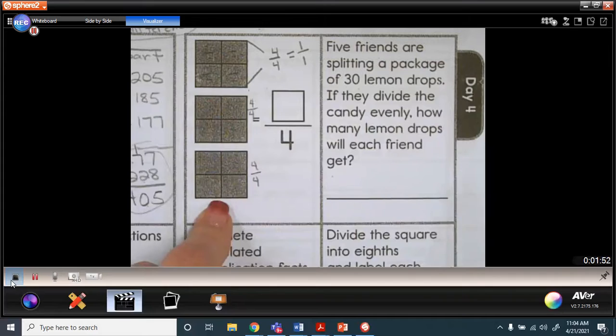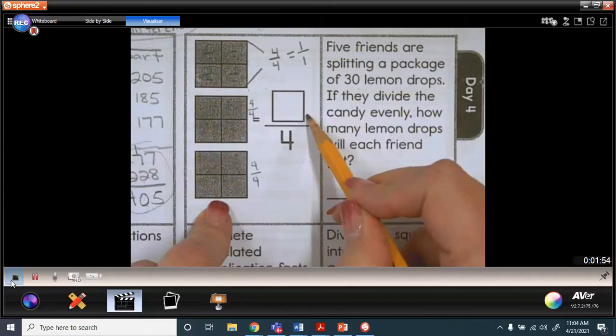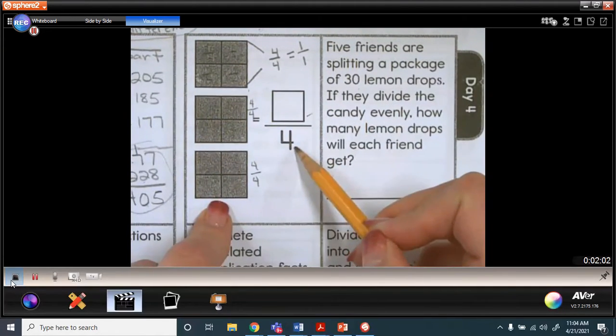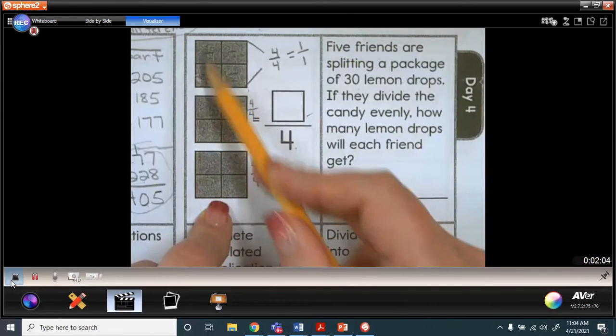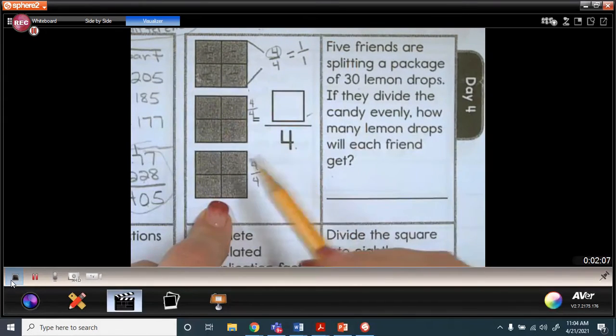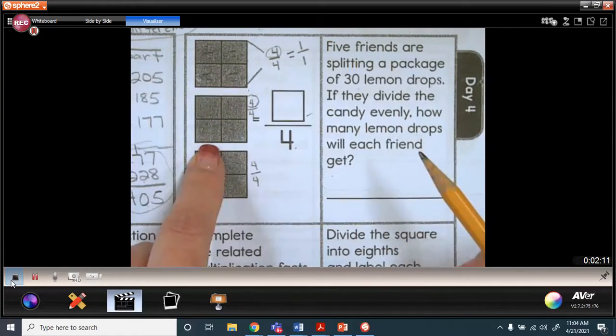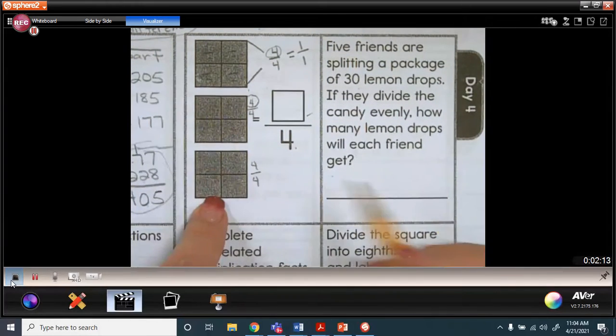So if we count, remember the numerator tells us how many parts we are counting or are being described. Well, now we can count how many of these fourths we have. In this whole we have 4, and in the second whole we have another 4, so that's 8, and in this whole we have another 4/4, and if we put the fourths together we have